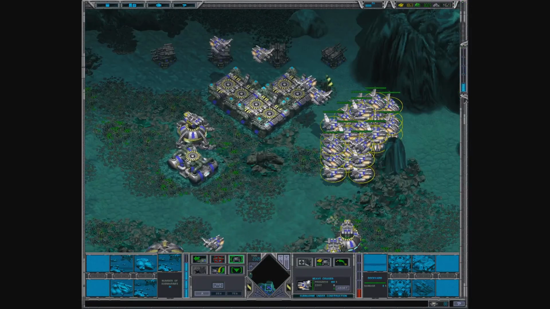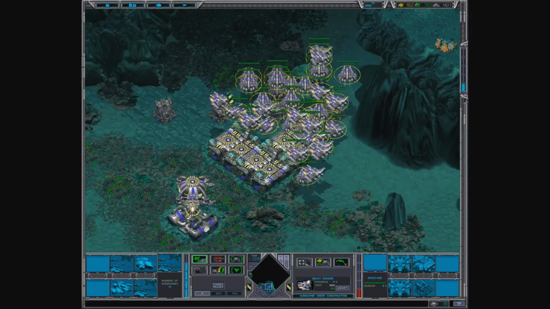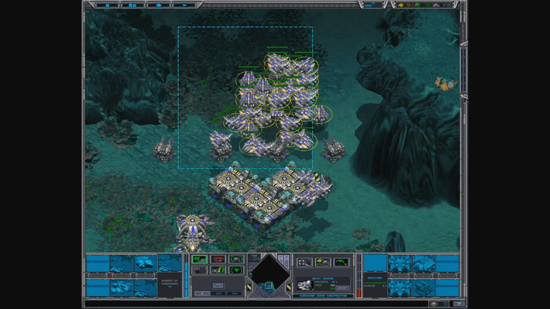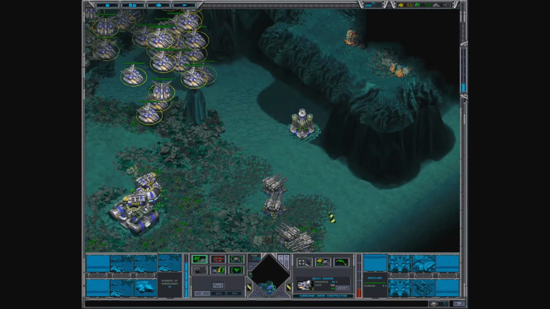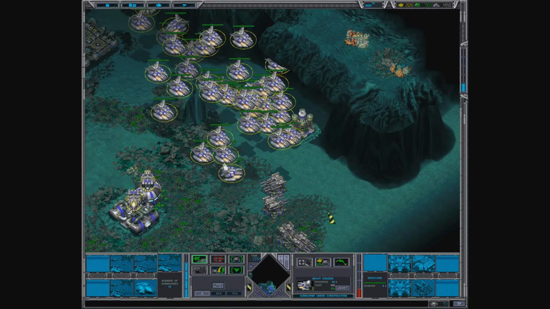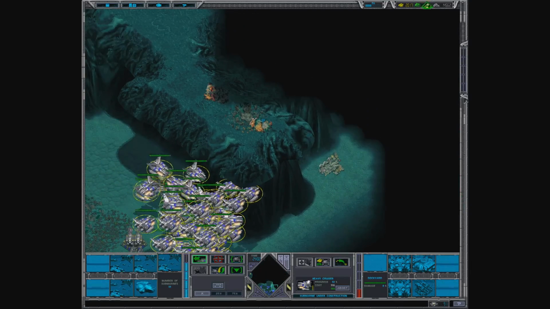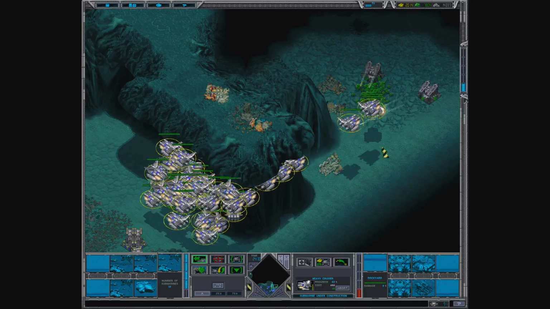Submarine production complete. Okay, I think we have enough for an assault now. So let's move south. Yeah, there should be enough ships. Okay, move through here. Just move through here. Don't... Nope. You're all going to...